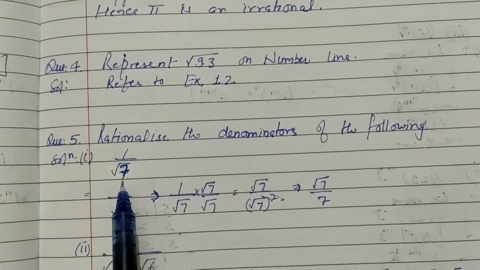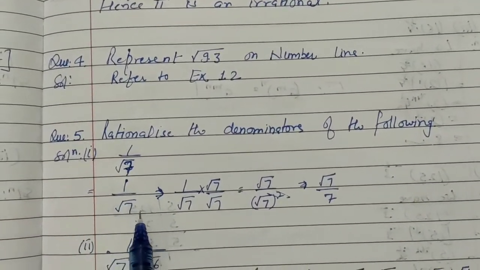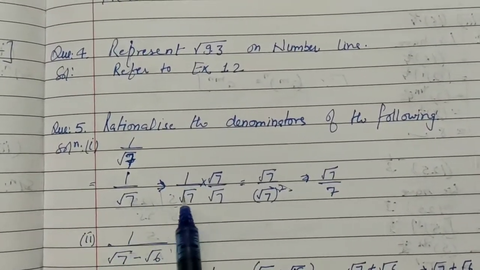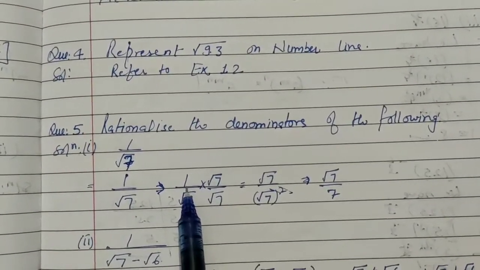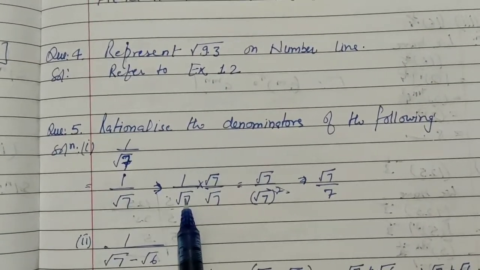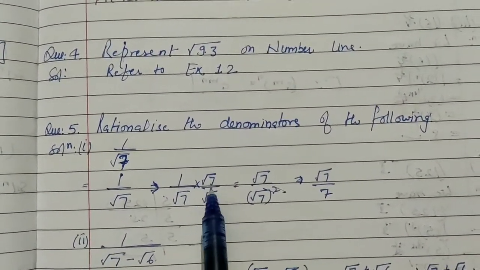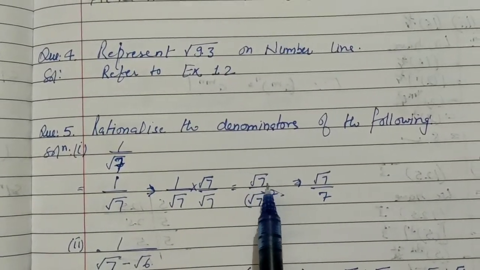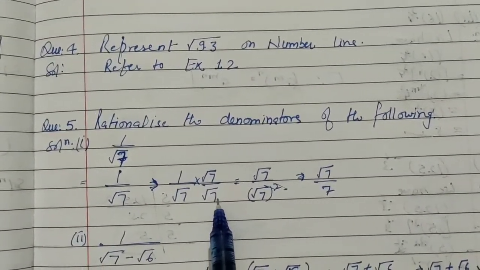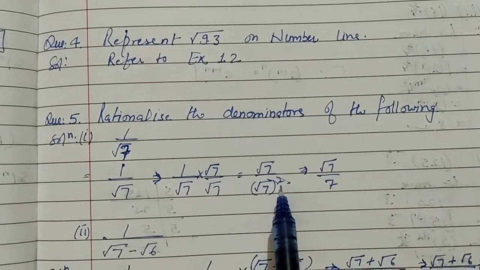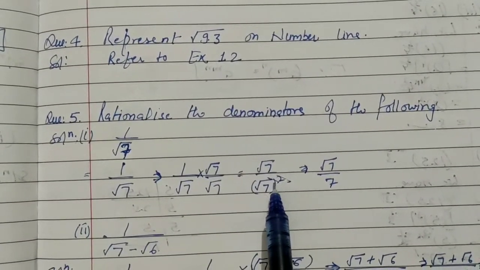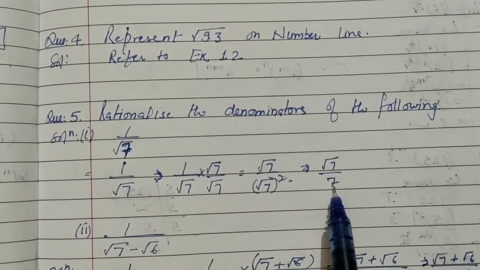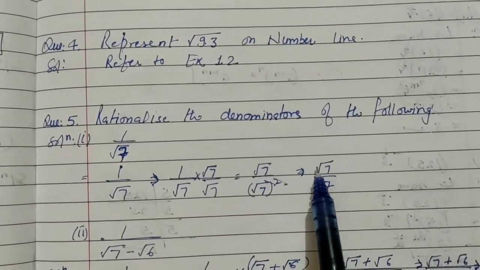So in the first number we have given as 1 by √7. So rationalize the denominator of this number, that is 1 by √7. So for the rationalization of denominator, we will multiply and divide the given number with √7, that is the denominator of given number. So 1 into √7 become √7, and this √7 into √7 will be √7 whole square. So this square root and square sign will be cancelled. So we will have √7 upon 7 raised to power 1 as a resulting term.